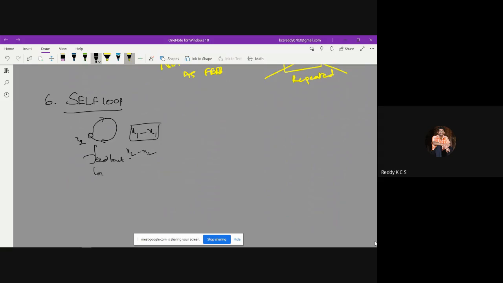A feedback loop which consists of one node is called a self loop. Okay, so this is a self loop. And for example, in the feedback, a signal flow graph is represented like this, and this is the one, and this is the one like this, and say one more is like this.